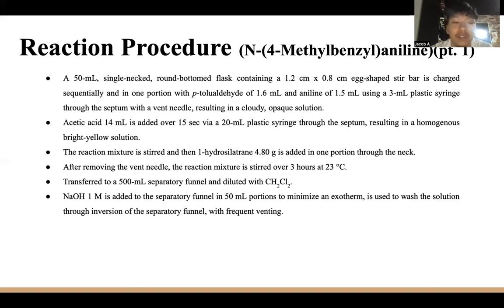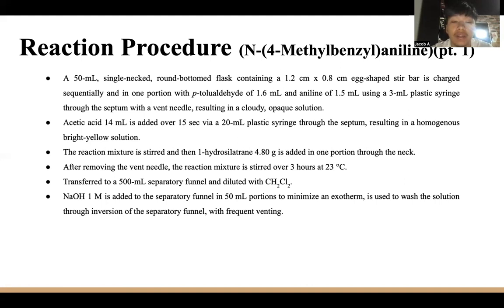Acetic acid, 14 milliliters, is added over 15 seconds via a 20 milliliter plastic syringe through the septum, resulting in a homogeneous bright yellow solution. The reaction mixture is stirred, and then 1-hydroxysilatrane, 4.8 grams, is added in one portion through the neck. After removing the vent needle, the reaction mixture is stirred over 3 hours at 23 Celsius,